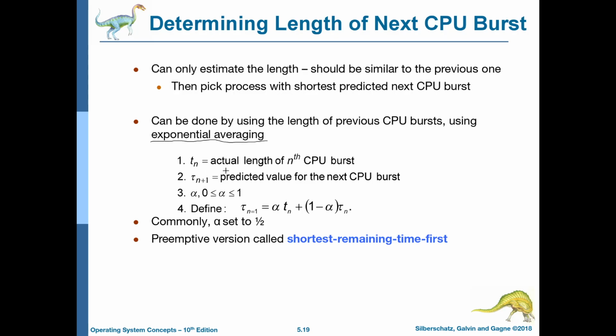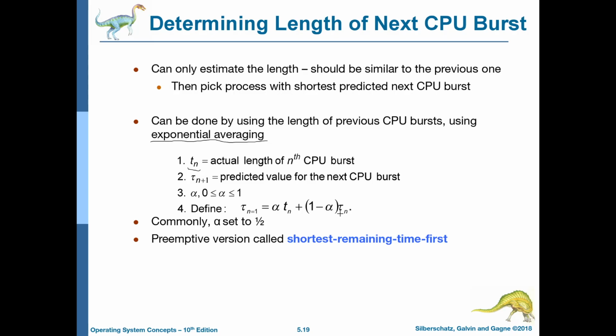So at a particular time, we'll call this time n plus 1, we're about to execute a new process. At time n plus 1, what we do is we take a look at the last burst time, t of n. This is the last burst time for that particular process. And then we also take a look at the average